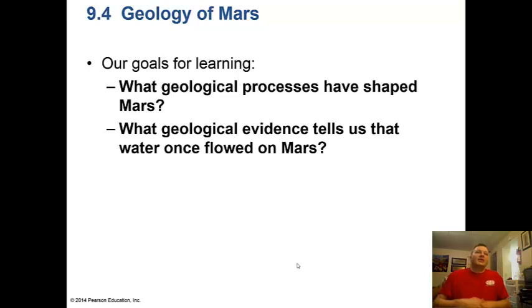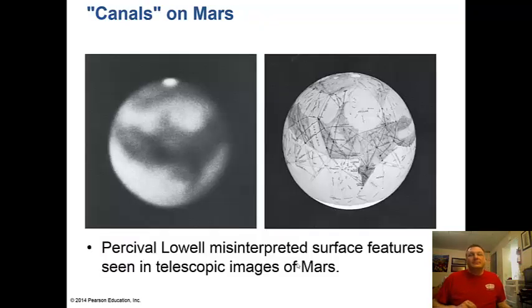Okay, let's take a look at Mars now. What geological processes have shaped Mars, which is very different than Mercury and the Moon? And what does that tell us about water that may have once flowed on Mars, which we're still finding out about? Well, back in the day, 120 years ago, Percival Lowell